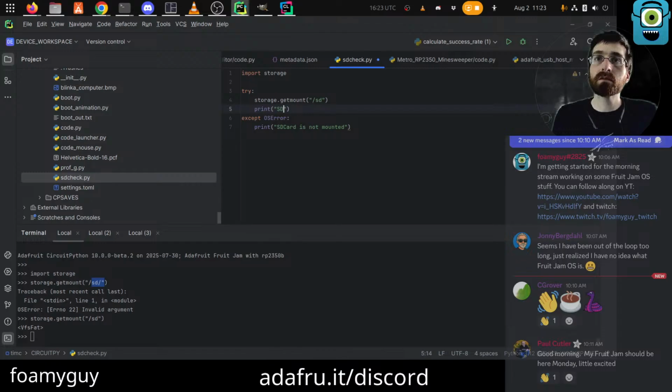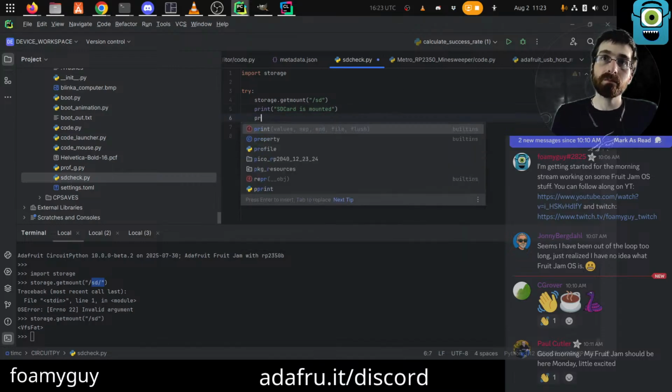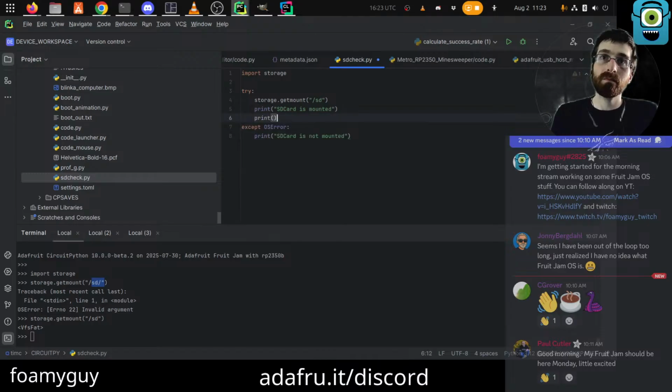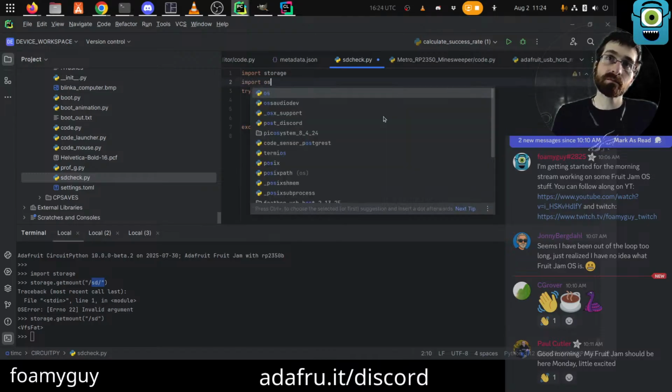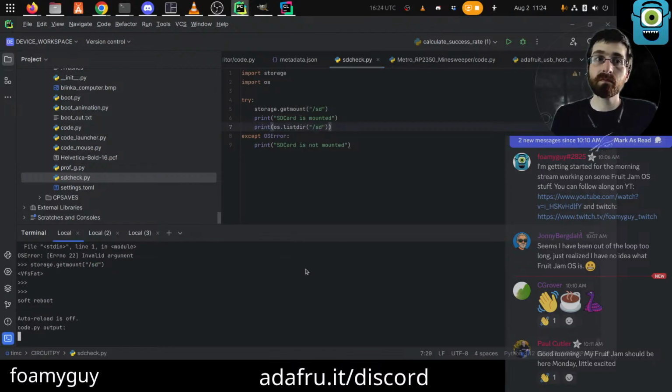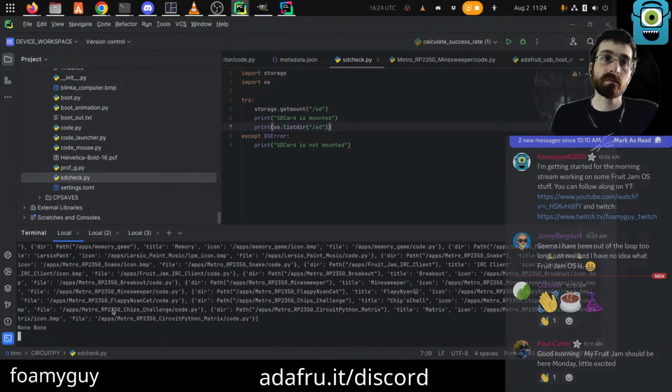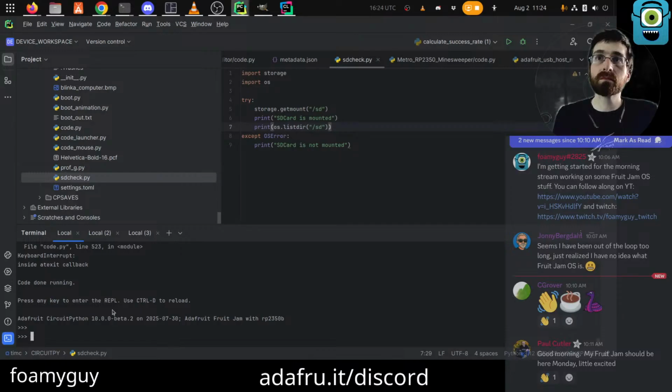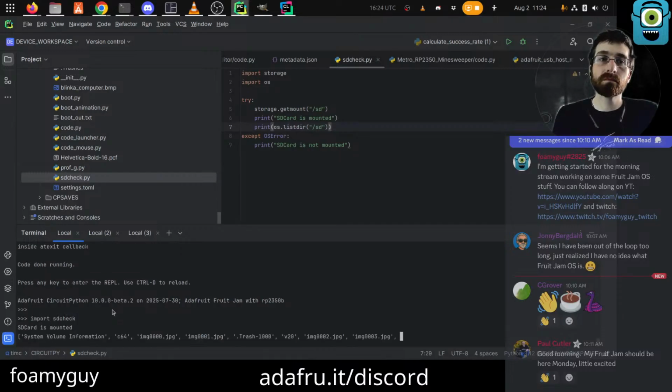Print SD card is mounted. And if we really wanted to, we could say like, oop. Yeah.